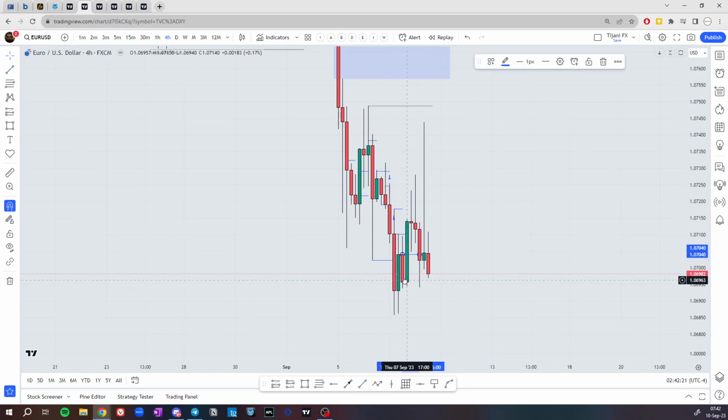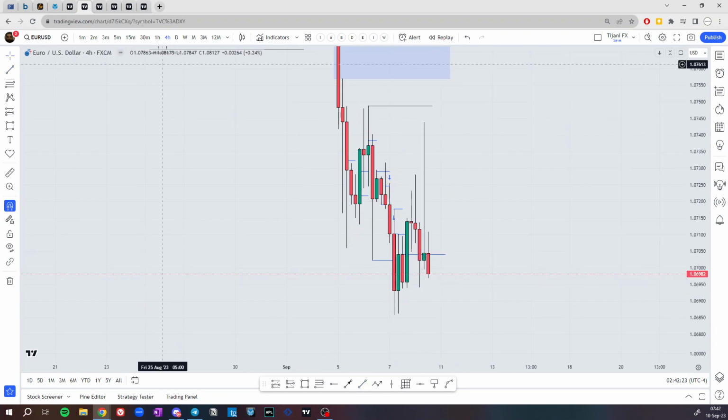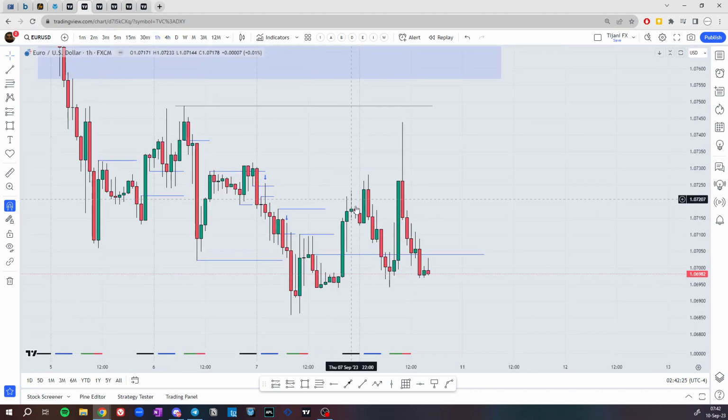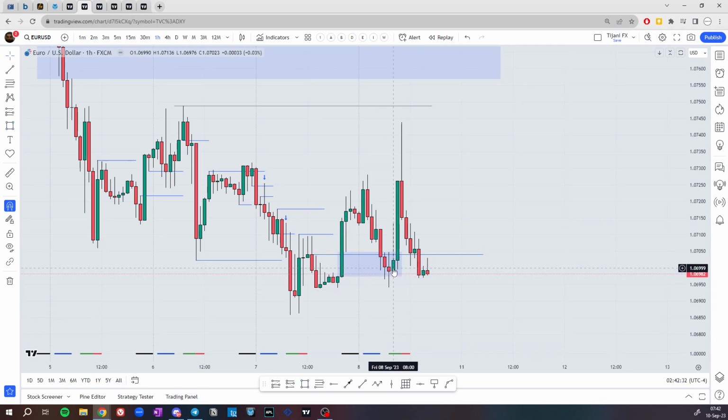to this 4-hour order block. Price has dropped to that 4-hour order block, filling the fair value gap here, then price has gone higher, taking London session's high,